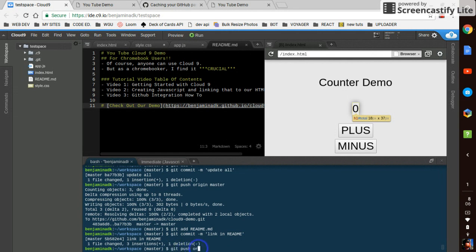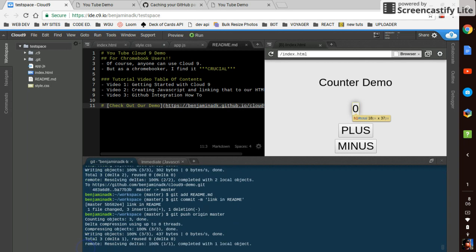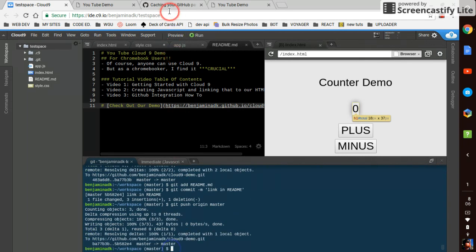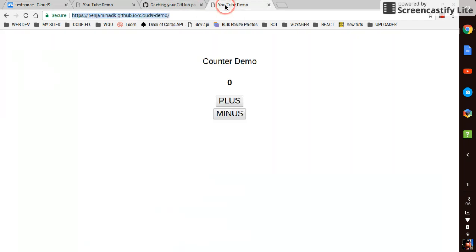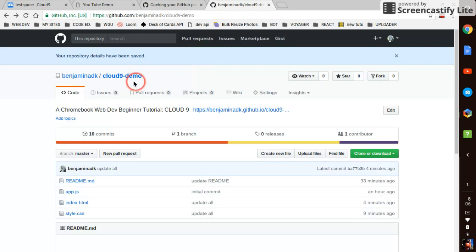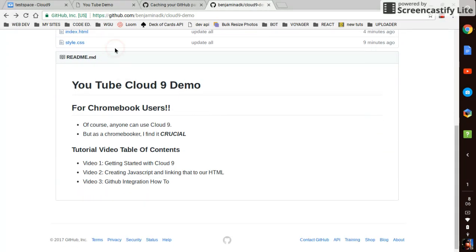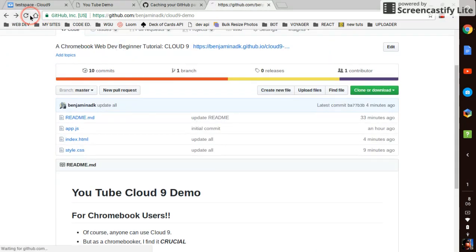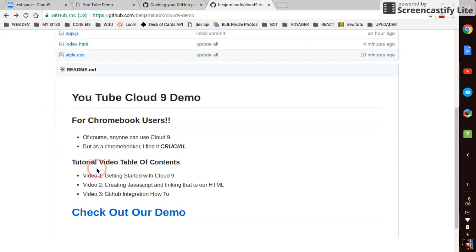And of course, git push origin master. Okay. Refresh. Now the link is on the README. And so a README is going to automatically be